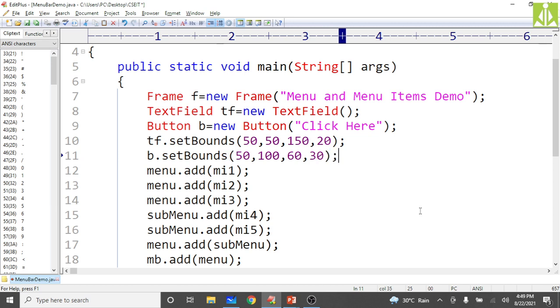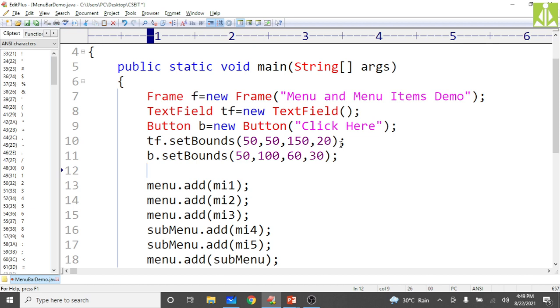So what are these? Which one is width, which one is height, which one is from the top, from the bottom, from the left, from the right? All those things you can get if you see the description of this setBounds method. You need to prepare about this setBounds method, and to get the full description you can go to the Java docs again. Hit the enter key.